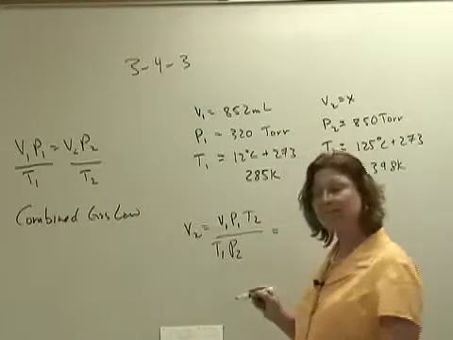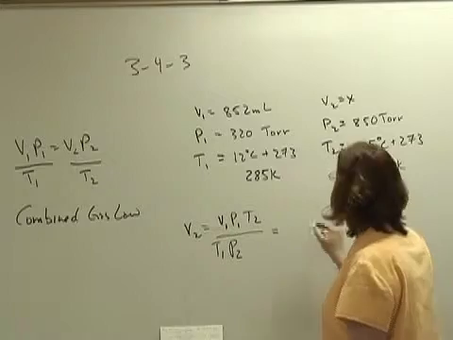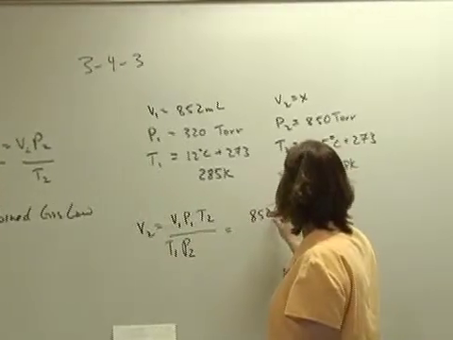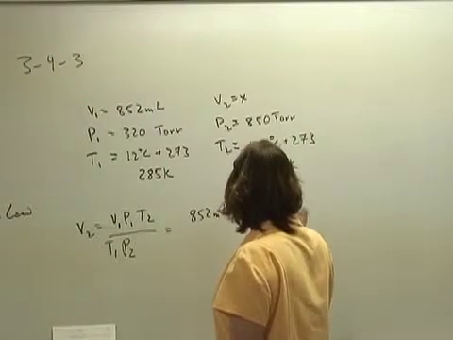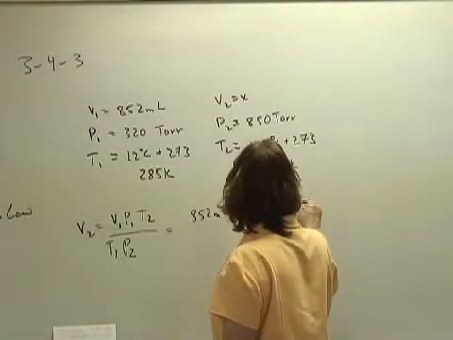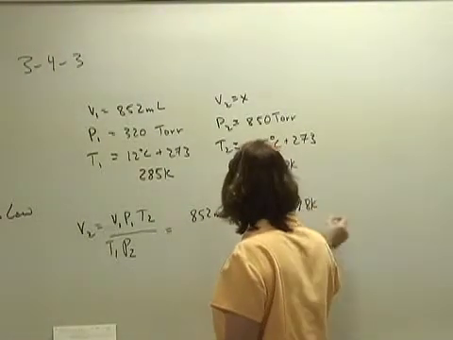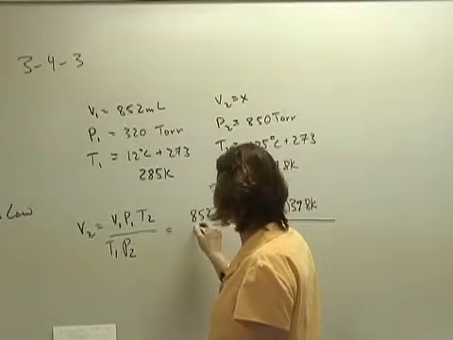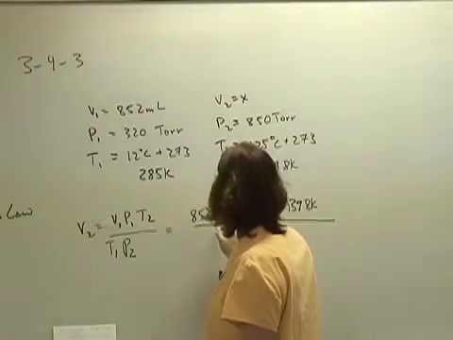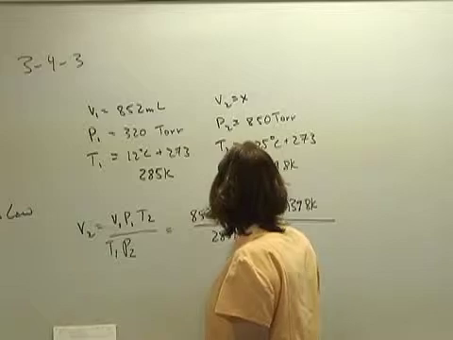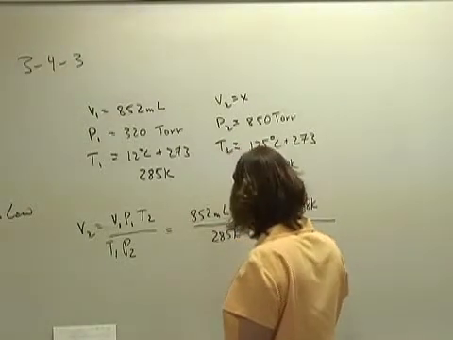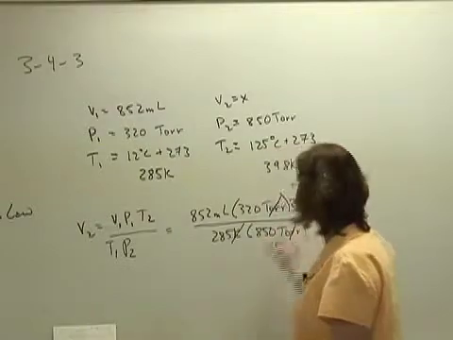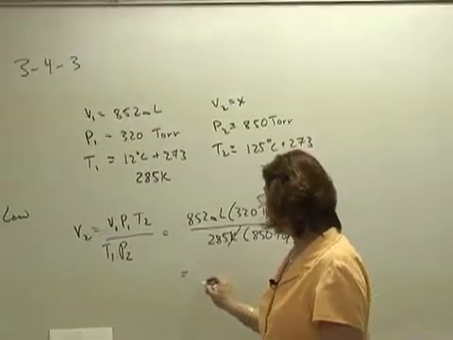Then I substitute in the values from my chart, and that would be 852 milliliters and 320 torr times 398 Kelvin divided by 285 Kelvin and 850 torr. Notice that my torr cancel and my Kelvin cancel. And when I do this mathematically, I come out with